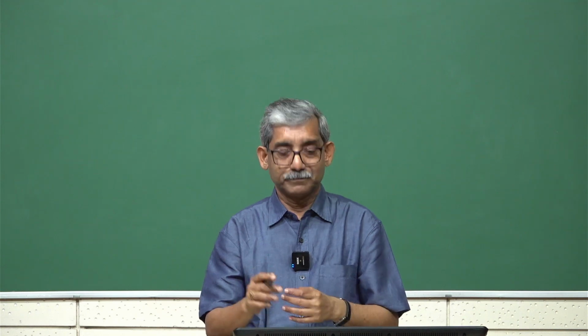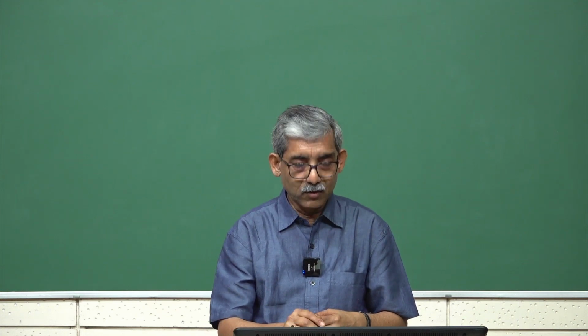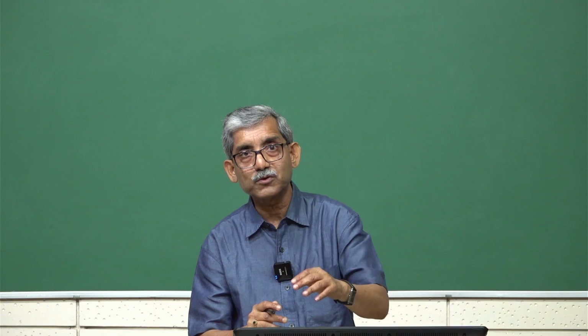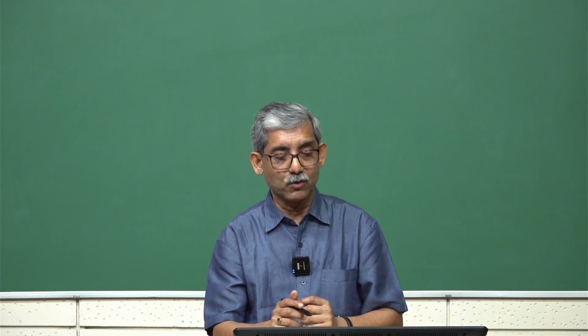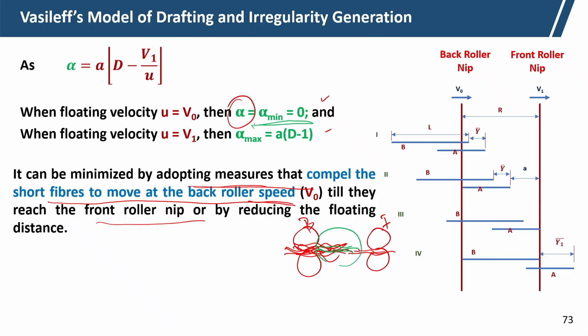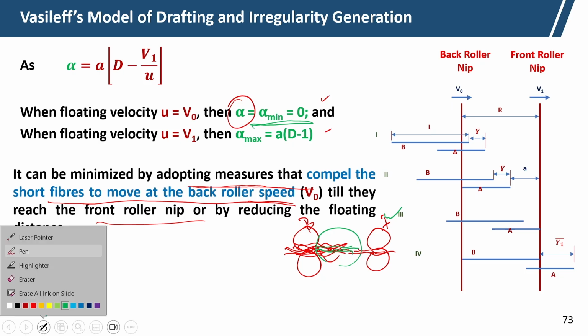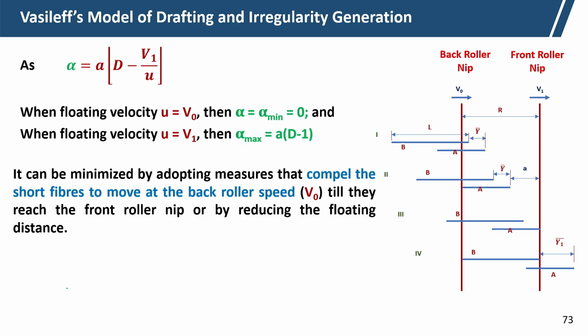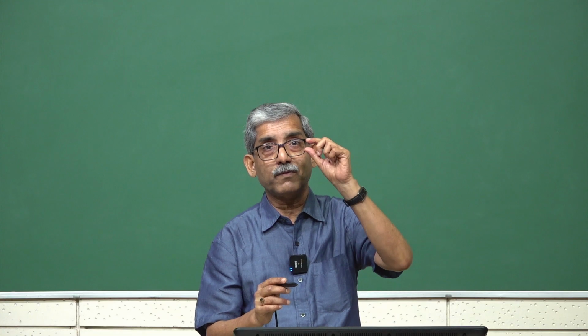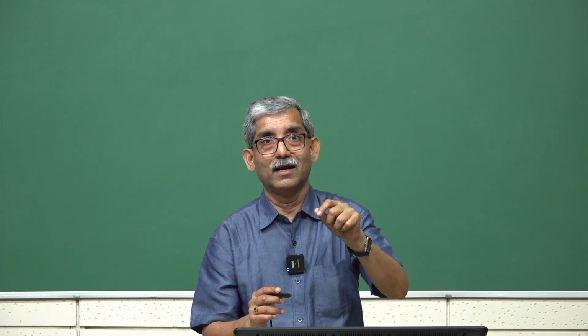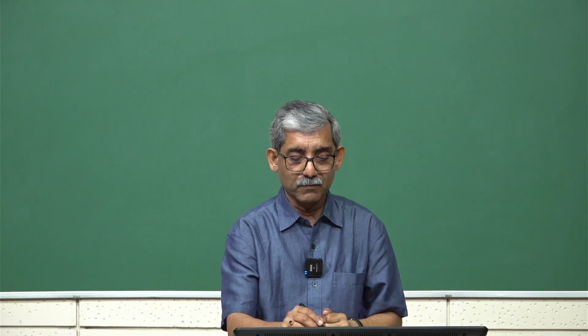The movement will be close to the back roller speed, which leads to lower variation. In the draw frame we can manage in this fashion, but when the number of fibers is less, like in the roving frame